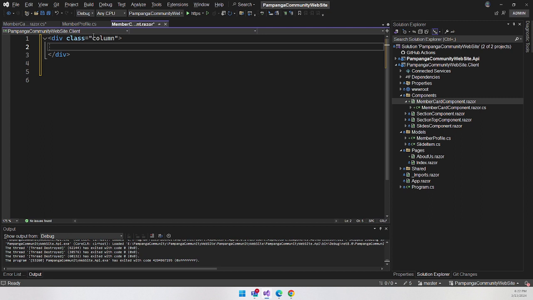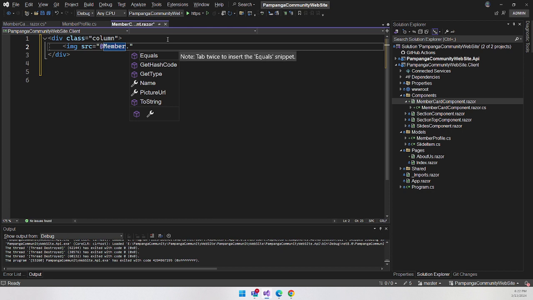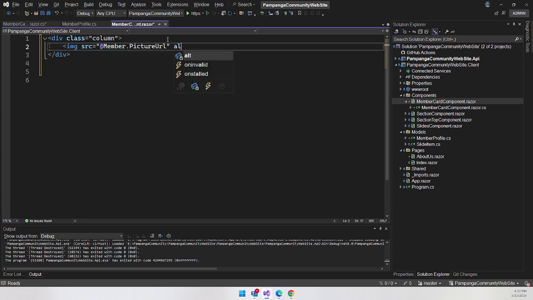So maybe inside my column I can set one image PNG where the source is equal to my Member.PictureURL. The alternative is my Member.Name,